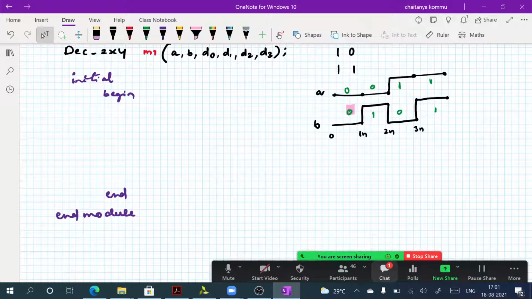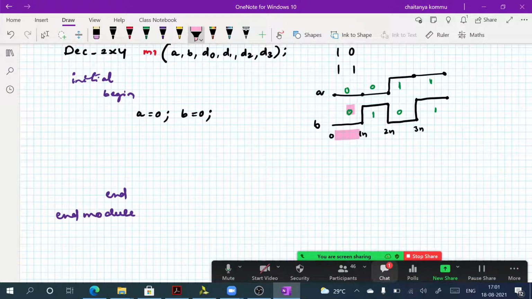Here we have to write begin and end. So first, at 0 nanoseconds of time, a is equal to 0. Yes, b is also equal to 0. Fine. First statement is completed. So therefore, we have started the work from 0 to 1 nanosecond.